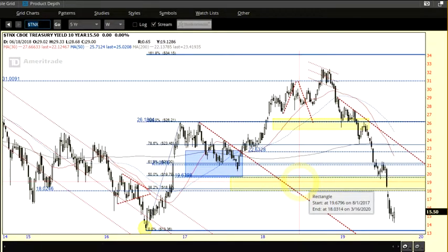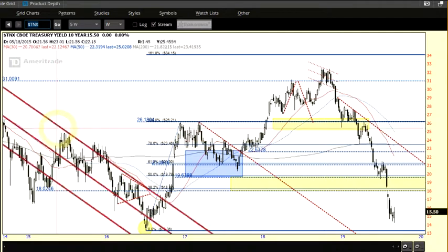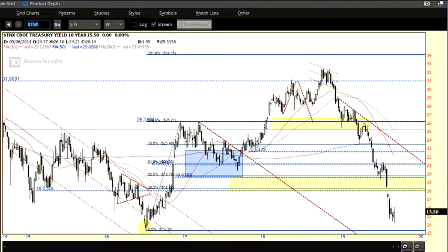But in some markets, yields have made a new low, but bonds have not made a new high. So I think that's an important thing to point out. Excuse me. I'll do that in a minute when we get to the TOS charts. Real quick, I don't want to say much about this 10-year Treasury other than to say it's much lower